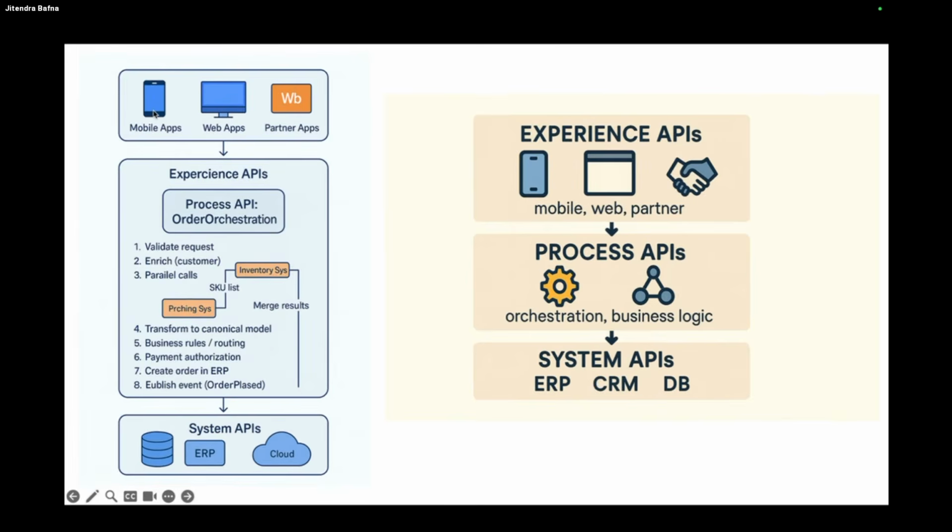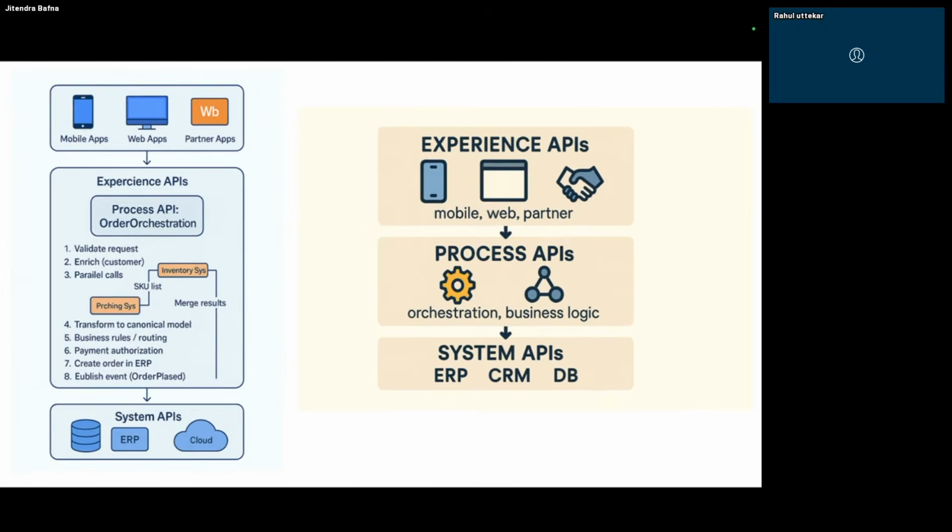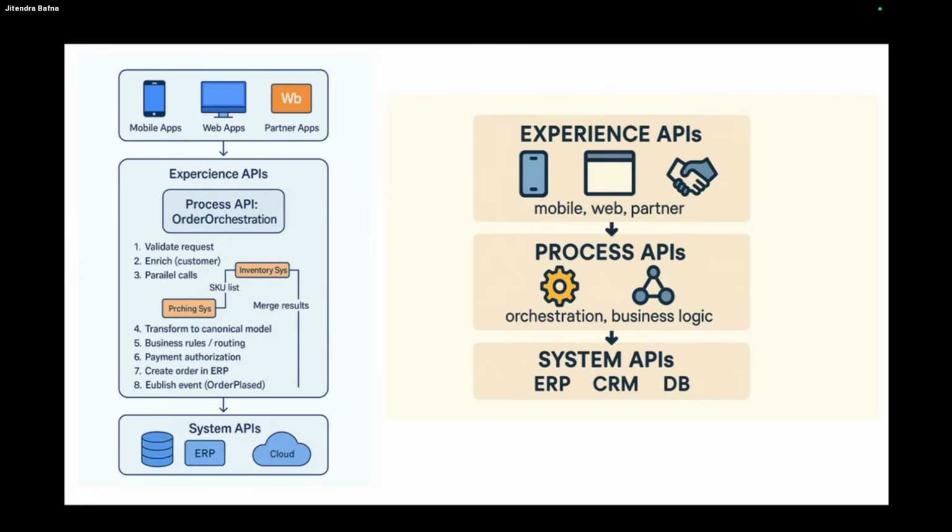So my mobile application just requires 5 or 6 fields, right? Because a mobile application doesn't show every detail. It just shows 5 or 6 or 7 fields. And my web application requires 20 or 25 fields basically. So what you do, you can filter those out at the experience level. You can have a separate mobile API and you can have a separate web application API, right?